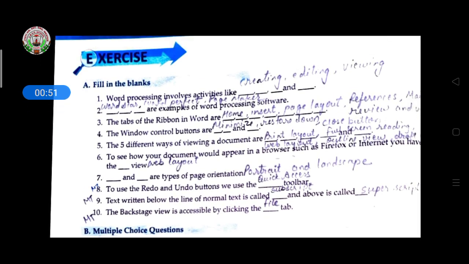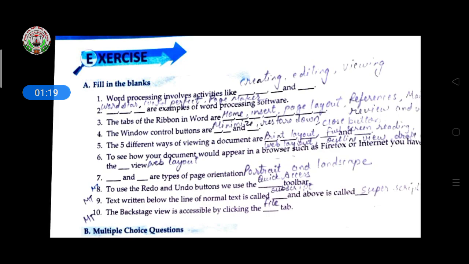So here, fill in the blanks. It is given here. The exercise questions are given here. First you have to read the fill in the blanks. What is given in the fill in the blanks? If it is not visible for you, then I will repeat the answer. You hear the answer and then write. All these answers you have to write in your book only with the help of a pencil.